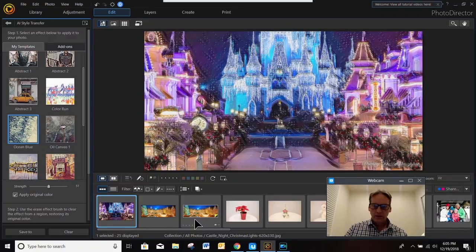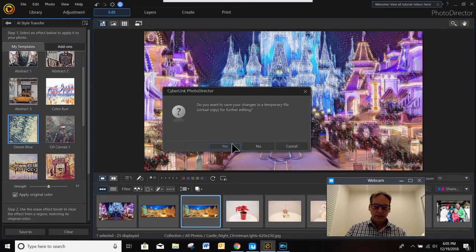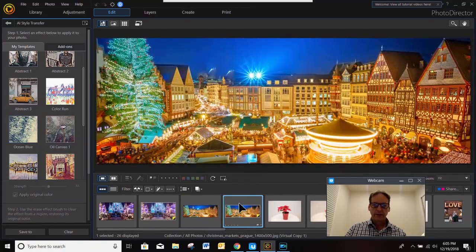Okay, so all that looks good. I'll leave that one like that. Now I got this other one I want to do as well. Yes, save a temporary file for me on that one. Okay, this is the one that I removed the background building on, and I want to use a different template